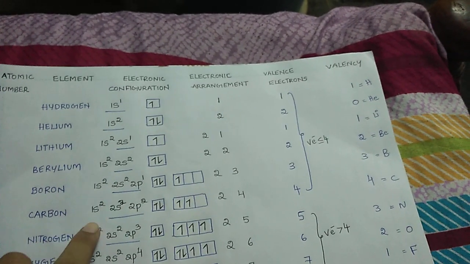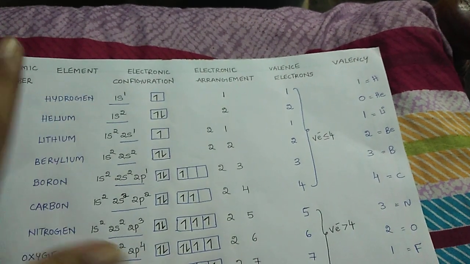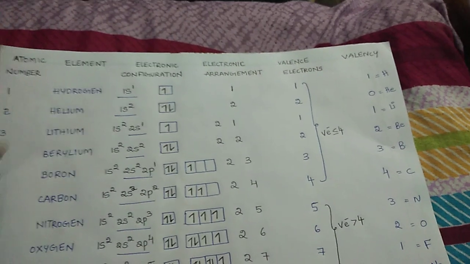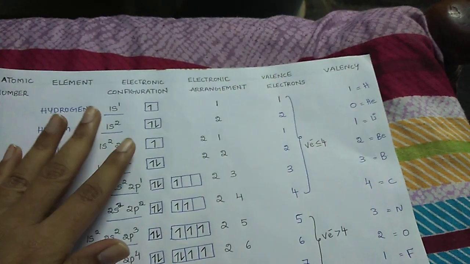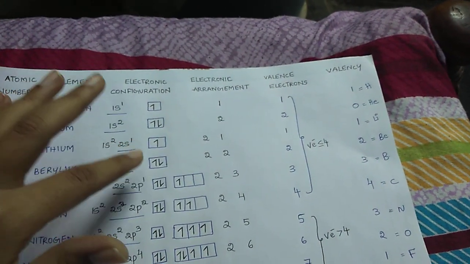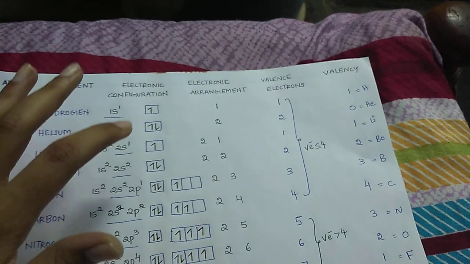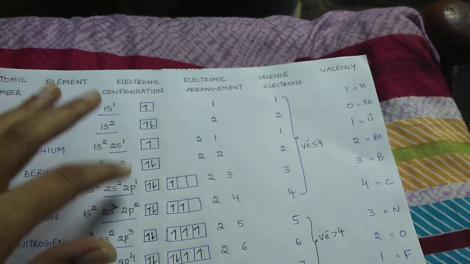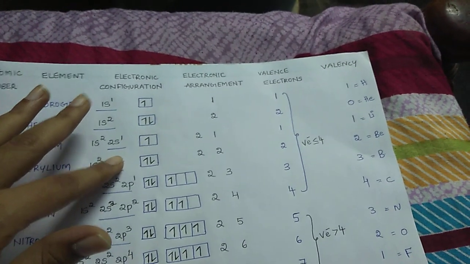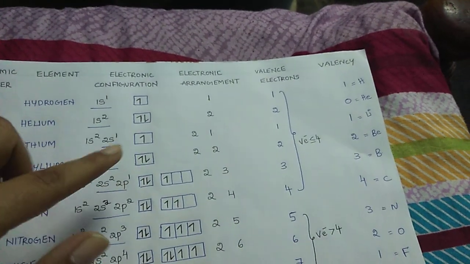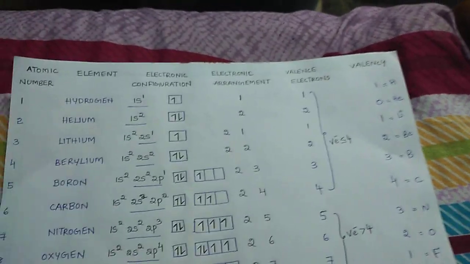And innermost electrons do not have any role in chemical bonding. They do not participate in chemical bonding. Only those electrons present in the valence shell are able to participate in chemical bonding. That's why they have the tendency to gain or lose electrons to attain stability. So this forms the major definition of valency.